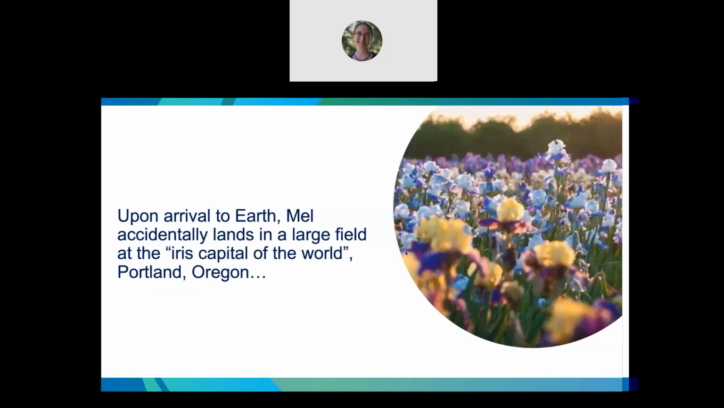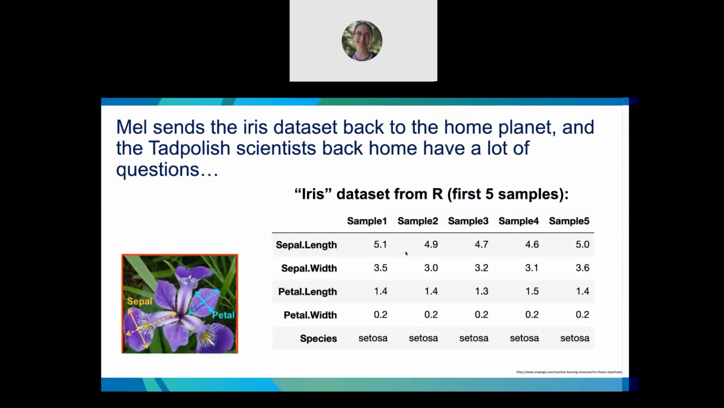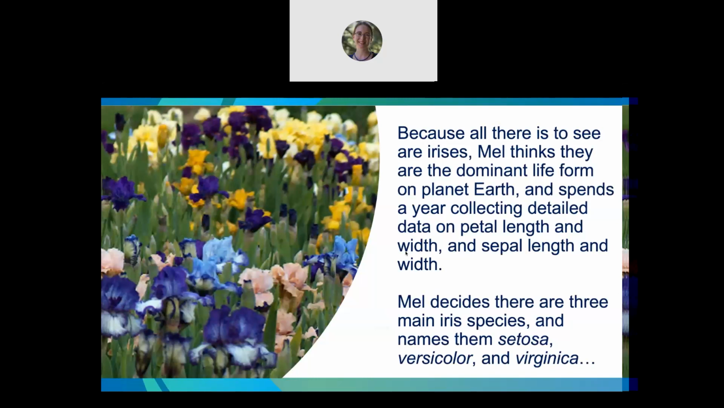And upon arriving on Earth, Mel accidentally lands the spacecraft in a large field in Portland, Oregon, which is apparently known as the iris capital of the world. They have fields and fields of beautiful irises. And because all there is to see are irises, Mel thinks, well, this must be the dominant life form on